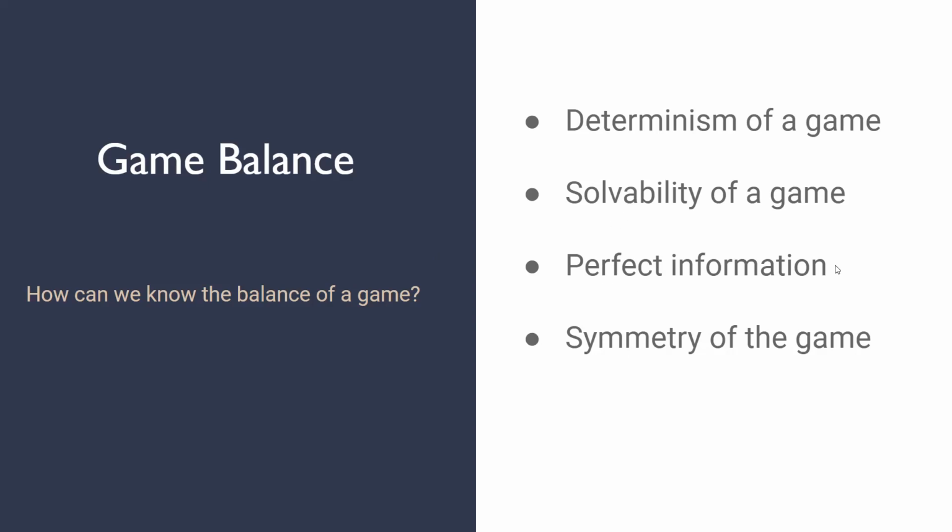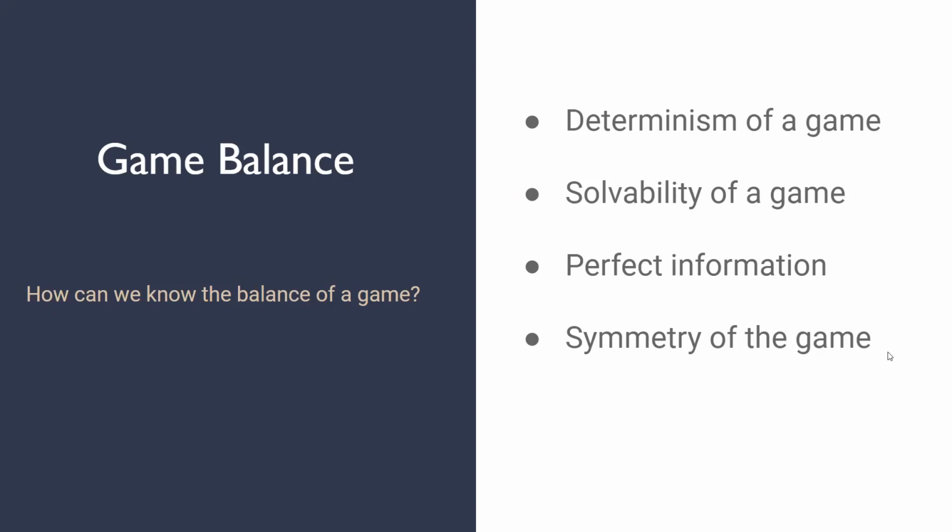perfect information refers to, as I mentioned before, if you play a game of chess, you try to read the situation as much as possible. And chess is also designed in such a way that you can gather as much information as possible from your opponent and from yourself and try to make a move according to that. So perfect information is very much interdependent with solvability, very much useful for the solving of a game. A truly deterministic game with perfect information will make sure that the game has perfect solvability.